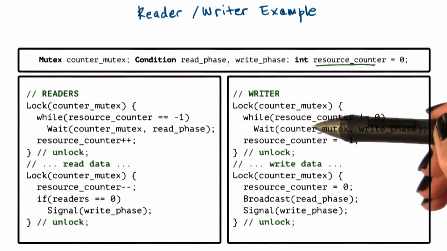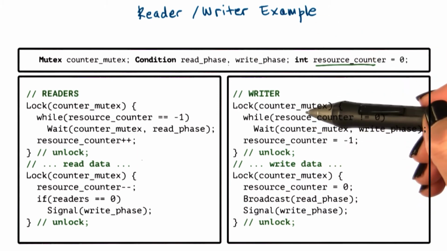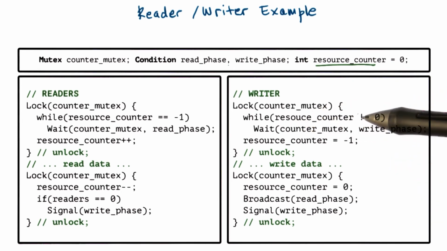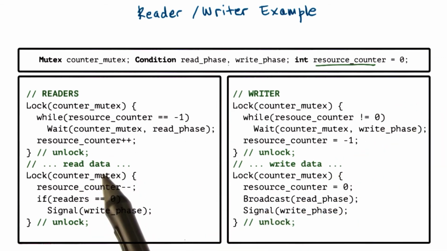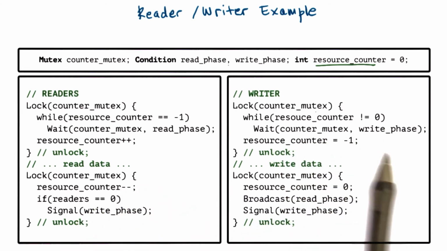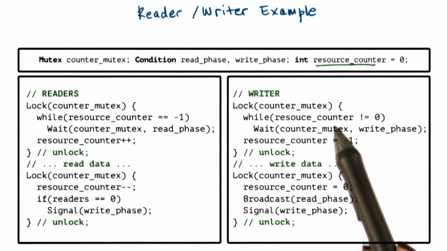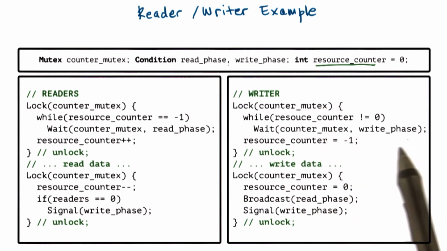Now let's say a writer thread now comes in. So the writer locks the mutex, let's say the mutex is now free, and it checks the resource counter value. The resource counter value will have some positive number. We already allowed some number of readers to be accessing it, so it will be, let's say, 2. So clearly the writer has to wait. Now it will wait. In the wait operation, it specifies the counter mutex, and it says it's going to wait